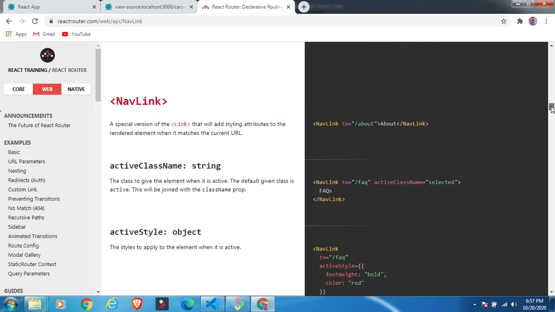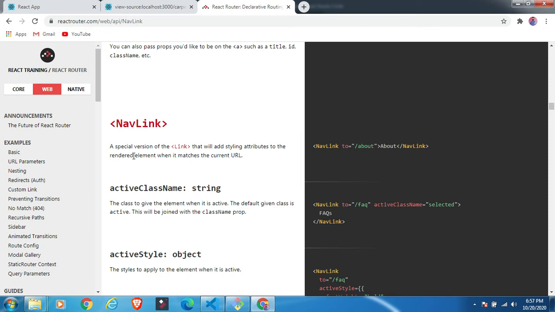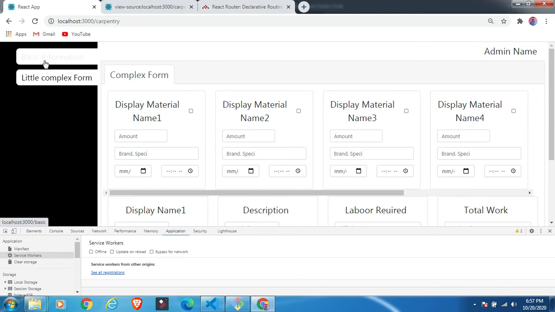So let's read something about it. A special version of Link that will add a styling attribute to the rendered element when it matches the current URL. See, this is the NavLink. Suppose you want to make it fade if it is not active, and if it is active, then you can make it a little bold. And if you don't want to activate this route, there are lots of things you can manage through this